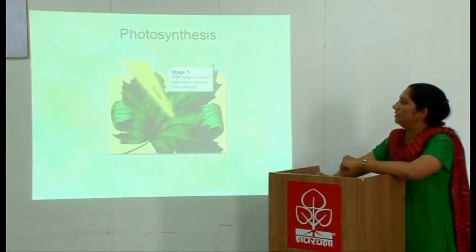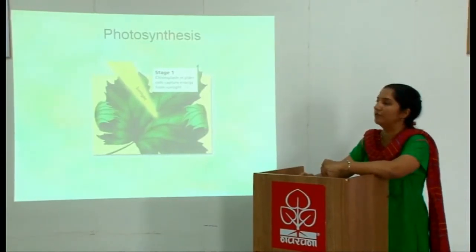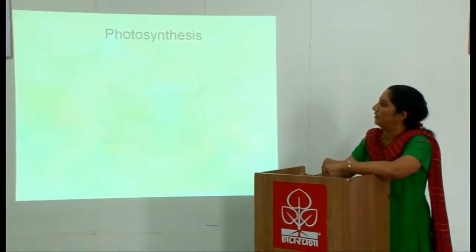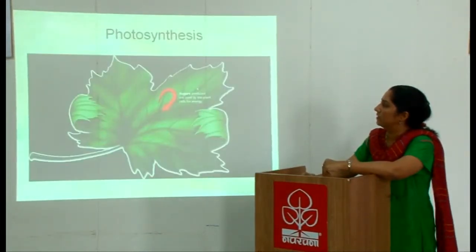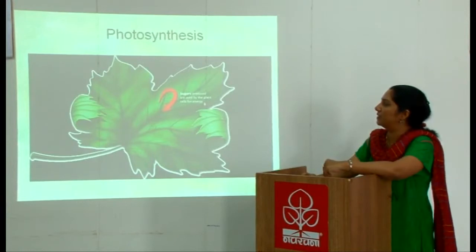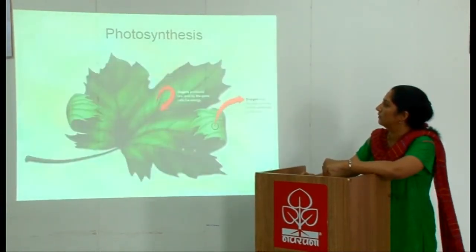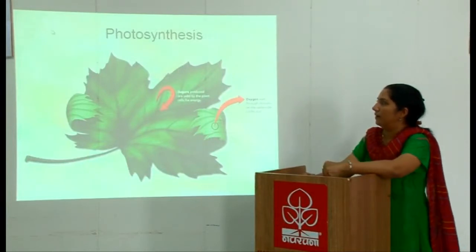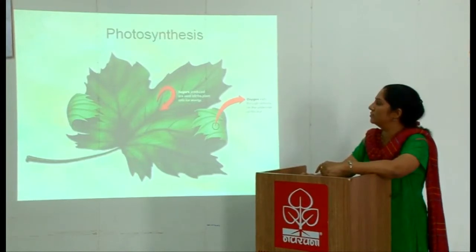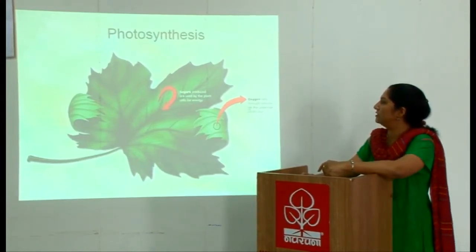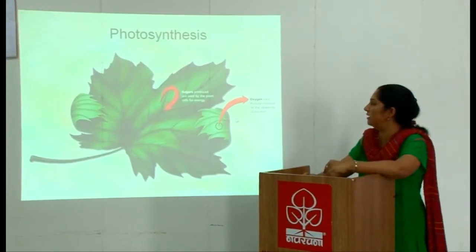Here you can see in stage 1, the chloroplast in the plant cell captures energy from the sunlight. And then in stage 2, we can see the sugars which are produced by the plant cells for energy. From the light the glucose is produced, the sugars are produced, and in turn the oxygen comes out through the stomata, which you find on the under surface of the leaf.